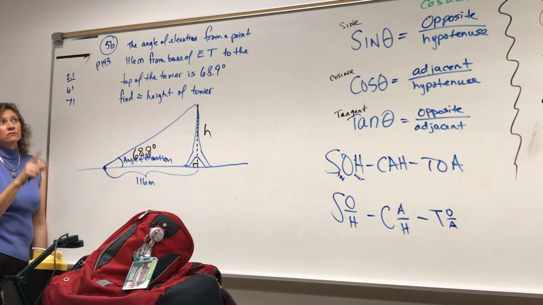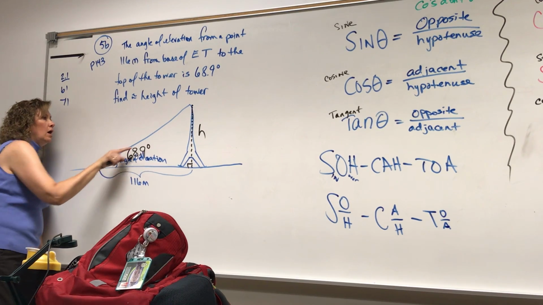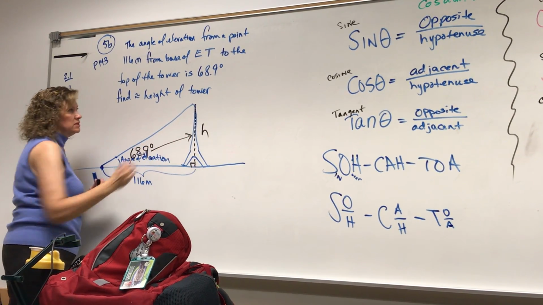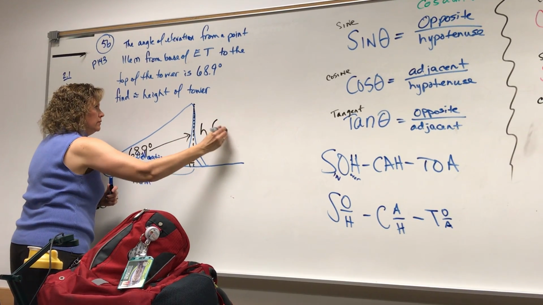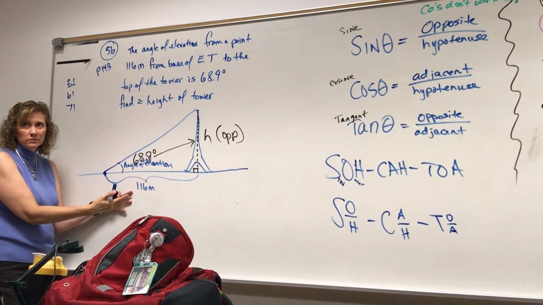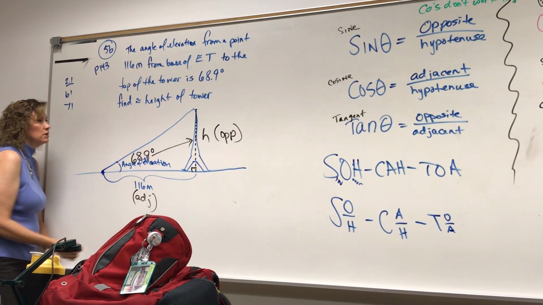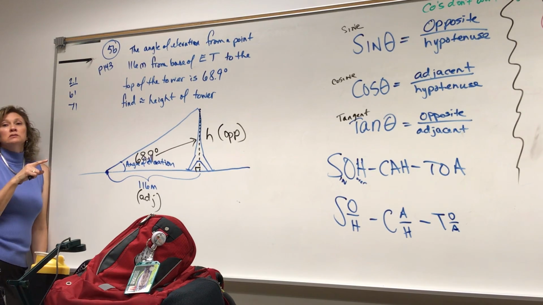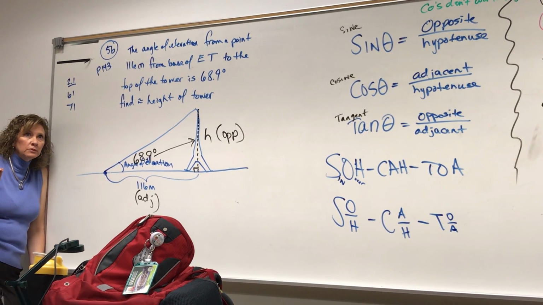So we want to think to ourselves, which sides do we have? If I took this and go that way, what's that height side? Opposite. And if you had to guess, it's not the hypotenuse, so it must be adjacent, and it is. Okay, so if I have the opposite side and the adjacent side,